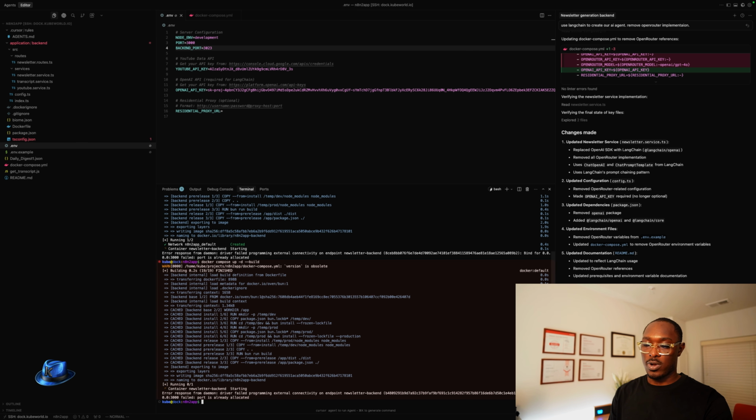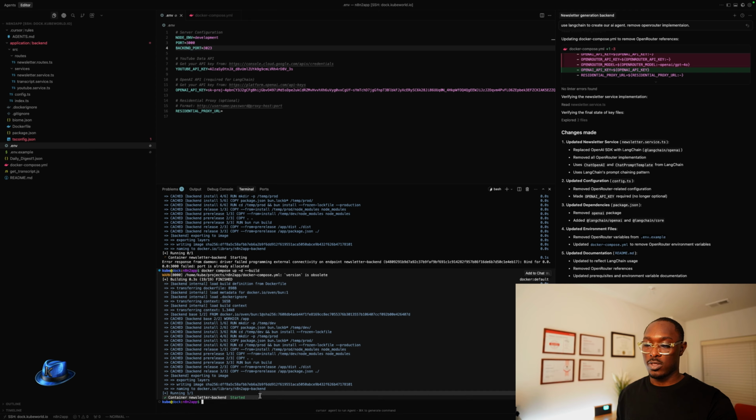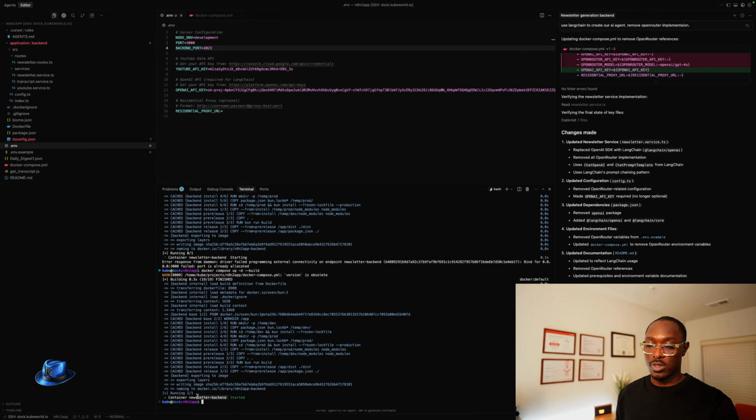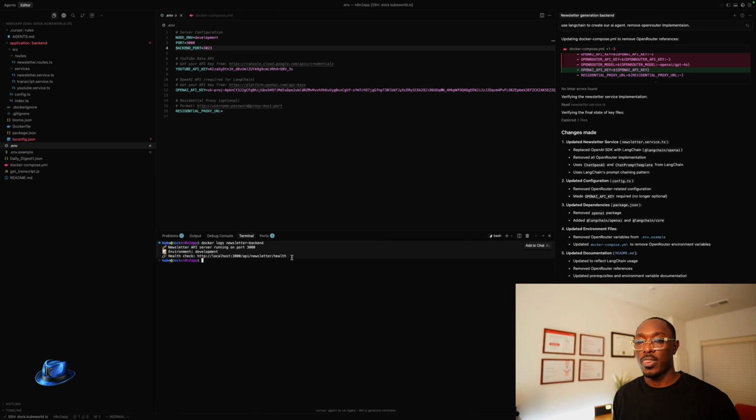And now we're gonna run it again. And as you can see, it started successfully. So let's go ahead and look at the logs for this backend. And as you can see, it says newsletter API server running on port 3000, environment development, and health check is here. Okay, so now we have our backend running, and we should be able to hit it like any other